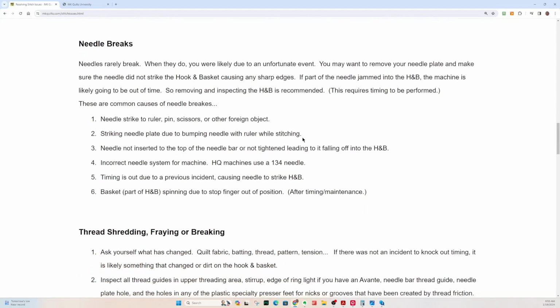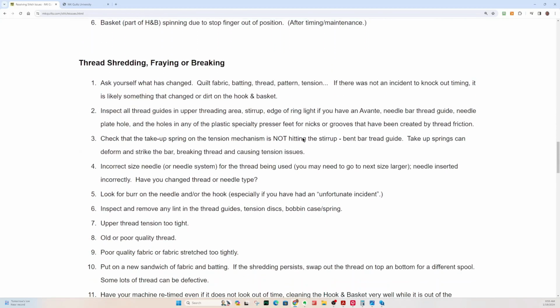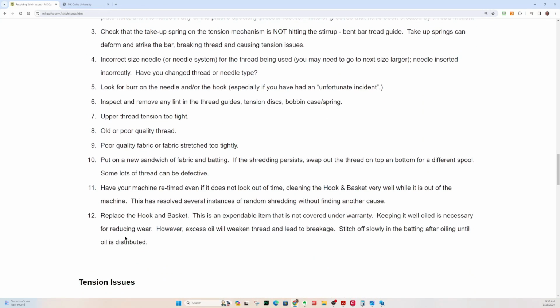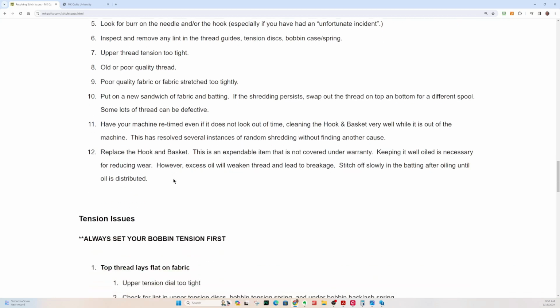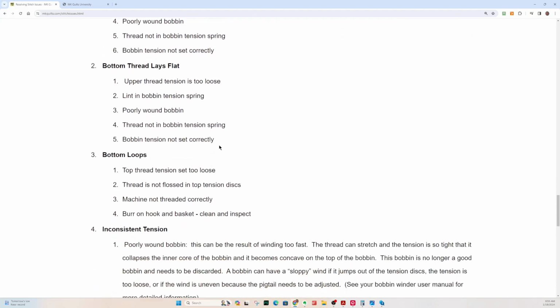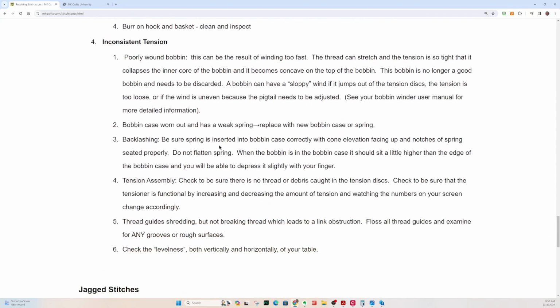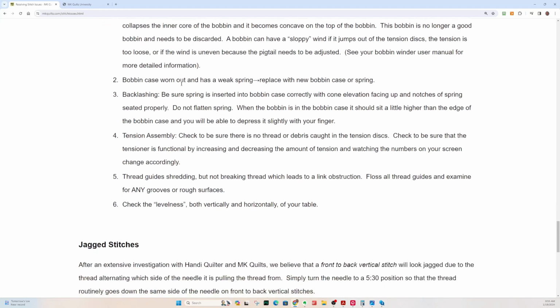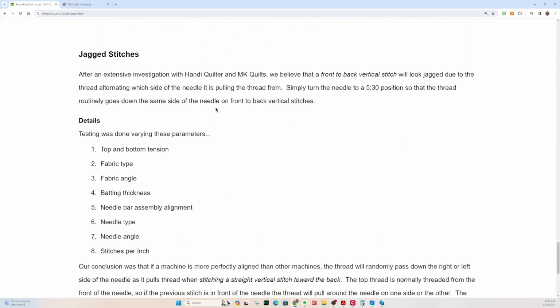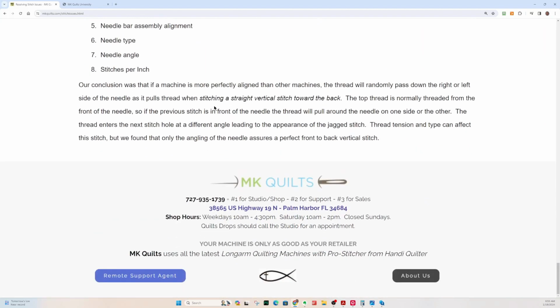Here again, step-by-step troubleshooting steps. Things to look for. 12 steps. They're the same steps I go through when you get me on the phone. So take a look at these and try and solve it yourself. And you will become a much better quilter because you'll recognize a lot of things. There's even topics like inconsistent tension, which is a much deeper discussion because there's a lot of different possibilities there as well. We talked about jagged stitches and what we found,